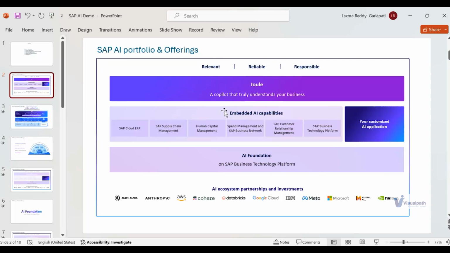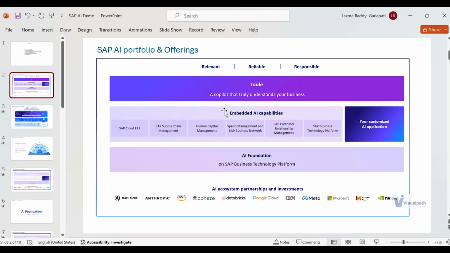The reason being, everyone is jumping to build a custom AI application without even having awareness of what is pre-delivered by SAP. There are around 70 plus use cases delivered by SAP along with your S/4HANA system itself, with no additional license requirements.